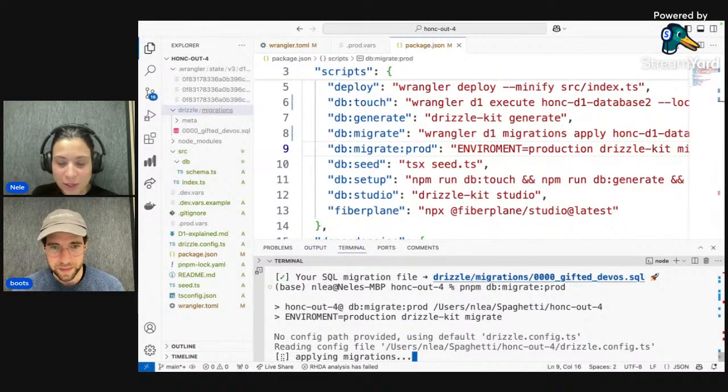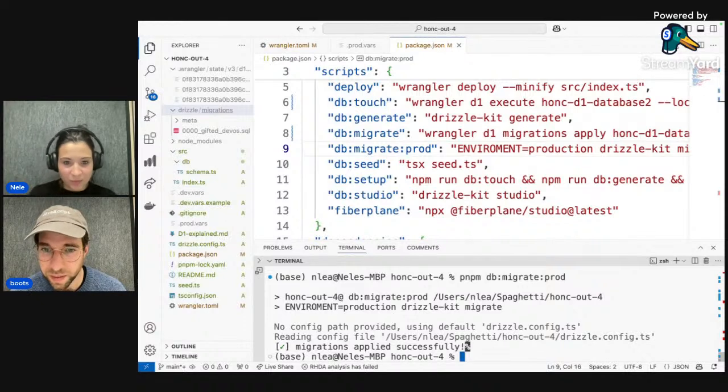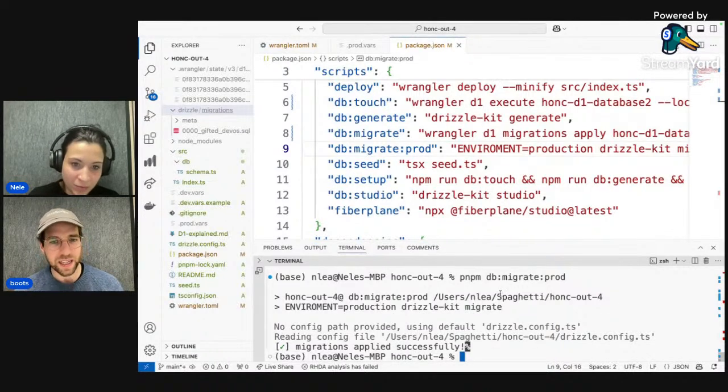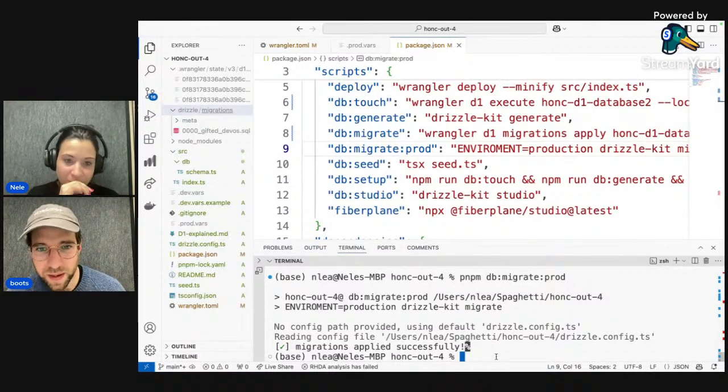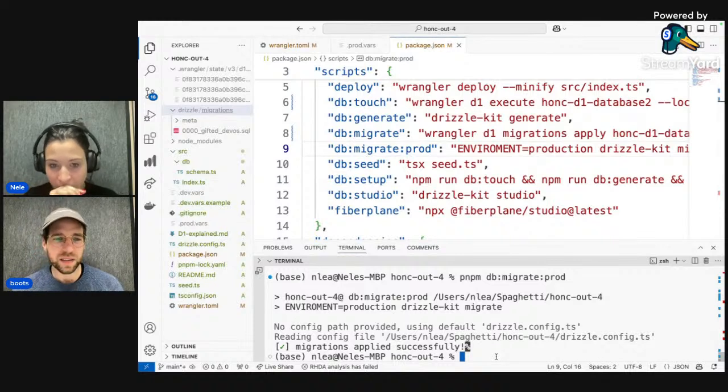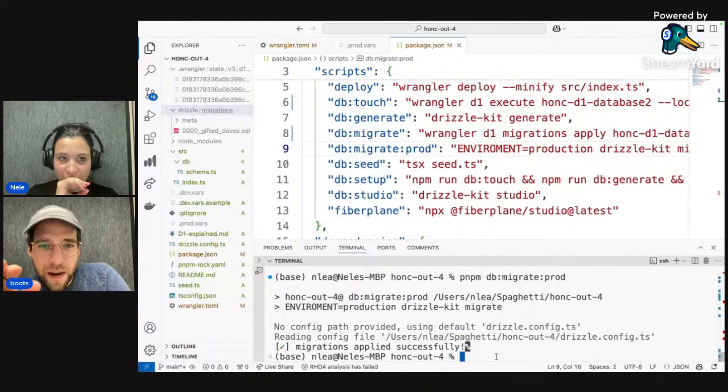Now let's do that for our D1 in production. So the command is db:migrate:prod, and it looks like those were applied successfully. If you wanted to check that the tables existed, you see on line 12 there's db:studio